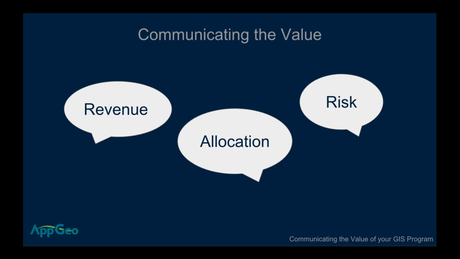And I think using the words that will get the attention of those executive leaders is really important. Instead of talking about the technical terms, talk about revenue or risk or budget allocation. I mean, these are the terms that have an impact and can be quantified. For those whose daily life is about managing that budget and making sure that they look like they are managing the operations of the city or town efficiently, it's key for them to be able to understand how the GIS serves their overall goals there.